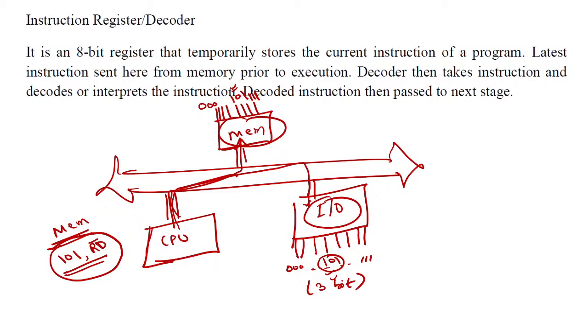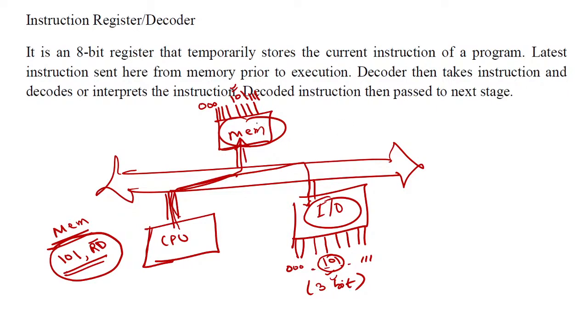So one simple method is that we can connect the memory and input output devices separately with the CPU. We can have a separate bus for memory and CPU, and a separate bus for CPU and IO. That means if the CPU wants to read something from memory or write something to memory, it will send a signal from this memory bus. If the CPU wants to read or write from IO, it will send a signal from the IO bus. So we can keep different buses for memory and input output devices, right?